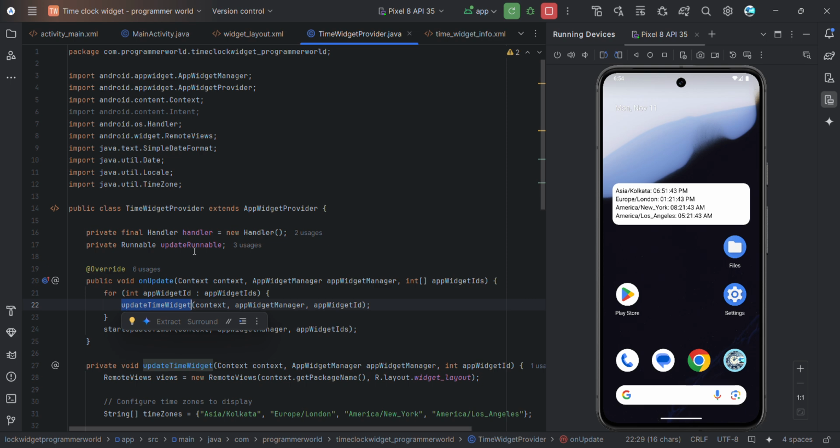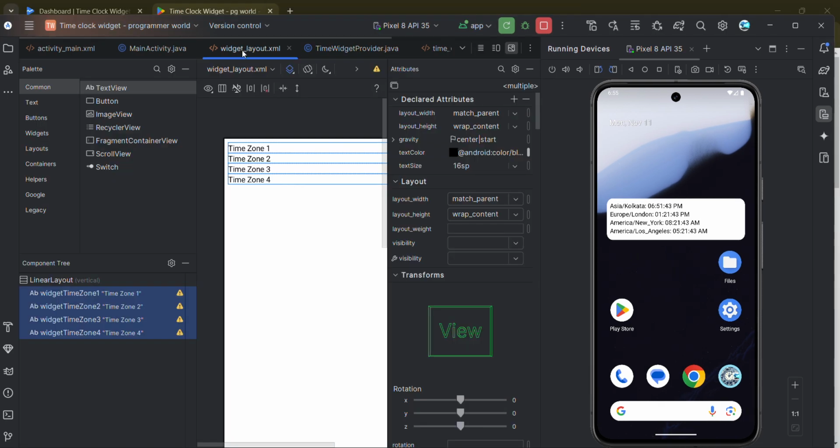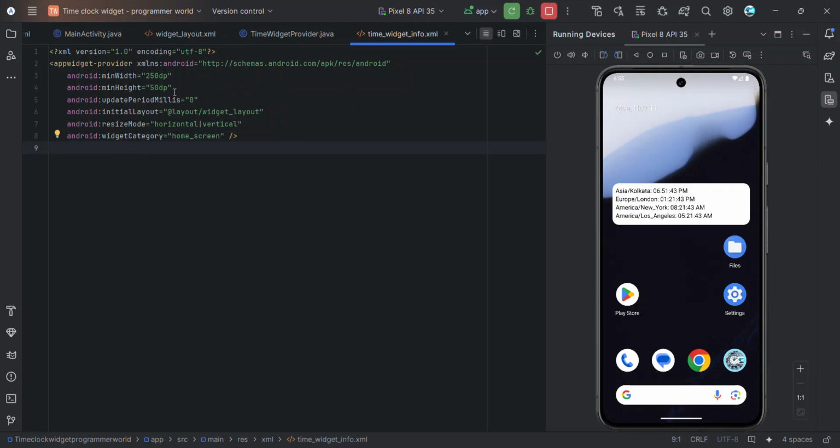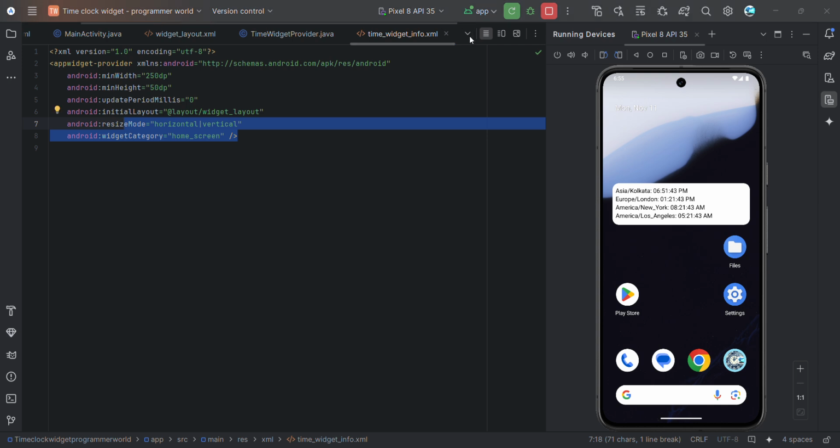Okay, so once we have this Java code set up, the only thing left is we have to define the, so this is the layout of the widget, and then we have to define the widget info XML, which will be used in the manifest file. So over here we are first defining the minimum width and height of the layout, initial layout, which is basically the widget layout, and then resize mode, whether we are allowing it or not, and what is the category. Once we have all those information, then we can go to our